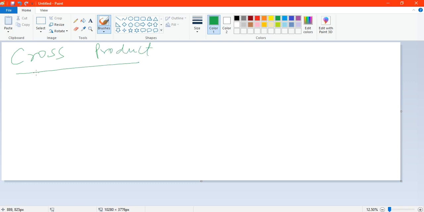Now, to write its command, let's say we have two tables. Let's say the first table is student and the second table is grade table. In the first table the student details are stored and in the second table the student grades are stored. Now you want to do cross product. How will you write a query for it?